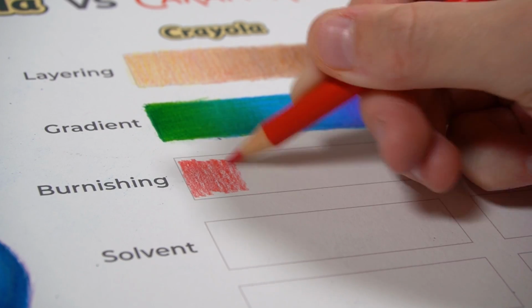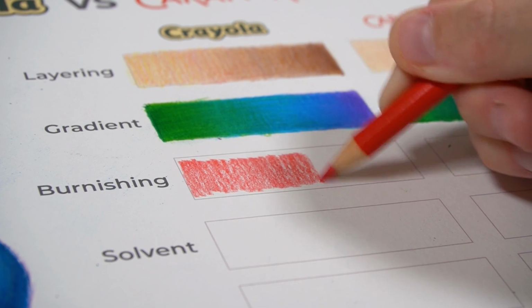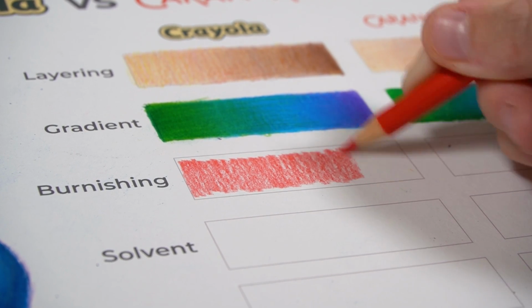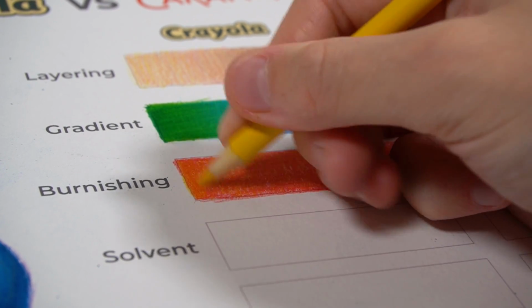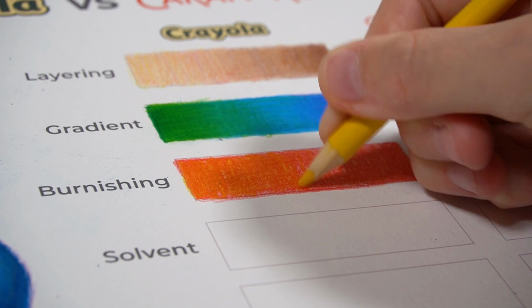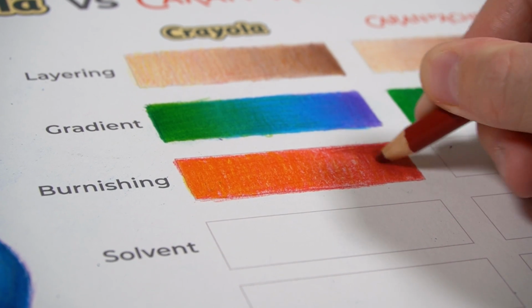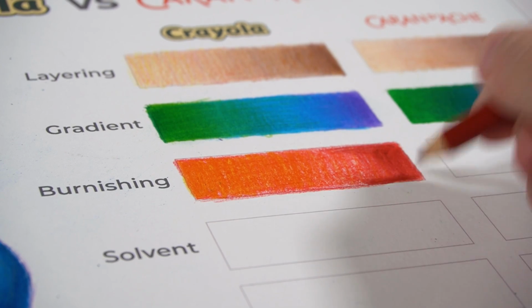So first, let's burnish with the Crayolas. Burnishing is just applying more pressure to your pencils to blend and mesh previous layers of colours together to achieve a smooth final colour, without any of the paper grain showing through. The Crayola pencils burnished to create a really smooth final result, and all of the white grain of the paper